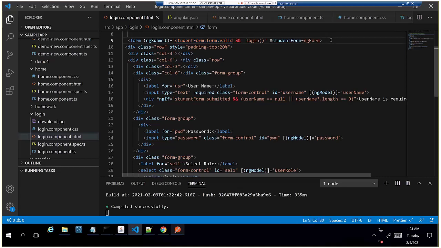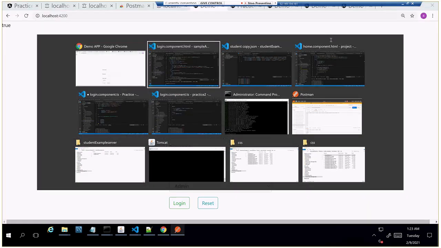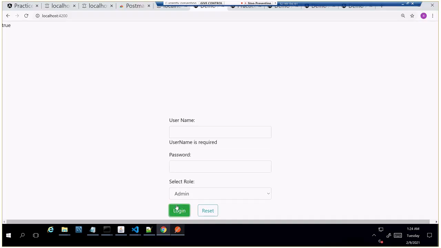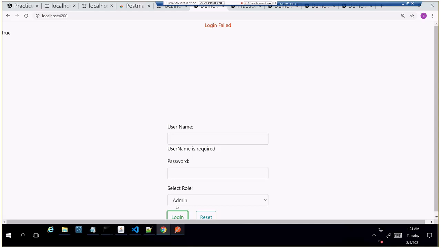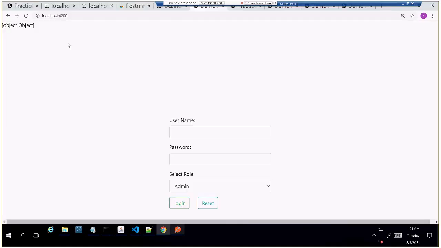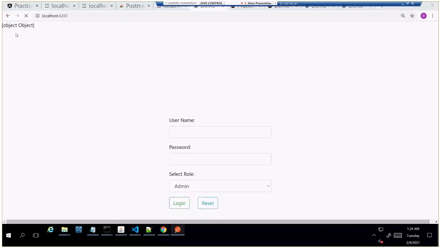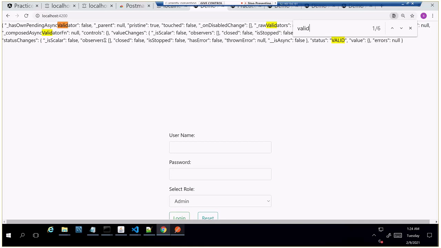Yeah, when you say required, right, then it should say invalid, right? Yeah, it should be invalid. We'll check what value we are getting here. No, it is valid is true, but still it is true. Why is it true? You already put a required, right, for one of them? I'm just printing the object. Valid is true.